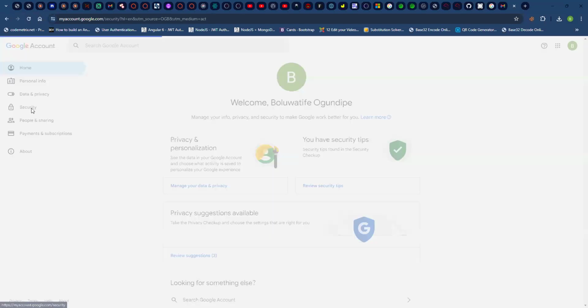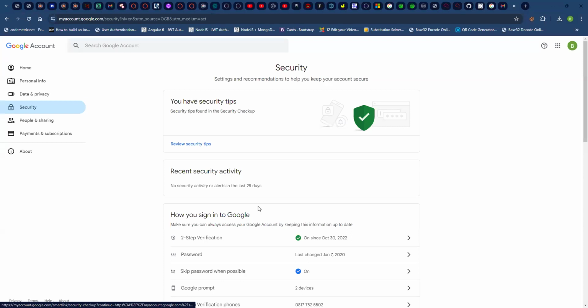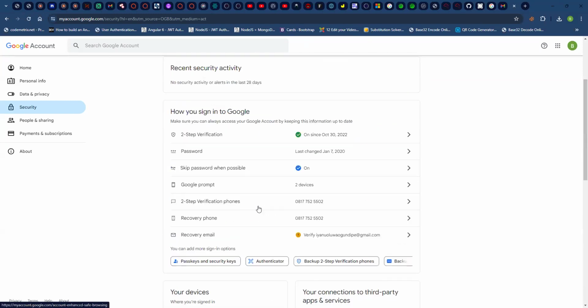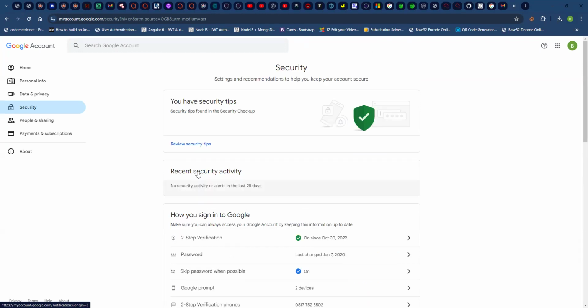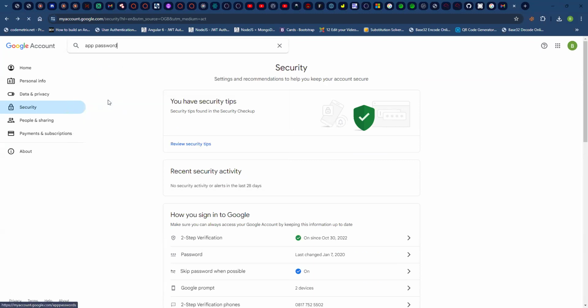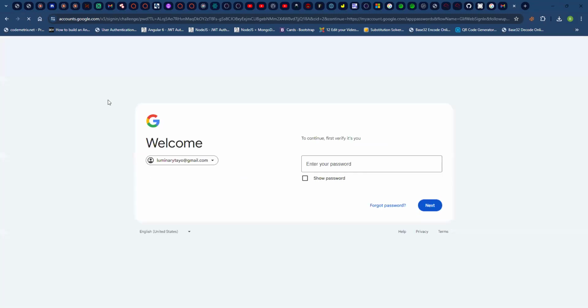So you can go to security and we can look for it, can't even find it. But what we want to search for is called app password. So up here, I'm just going to search for app and password. If you search for app password, you'll see it as one of the options here, and it's under security. So I'm going to click on that.